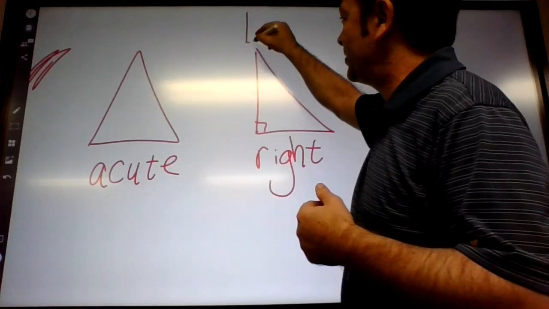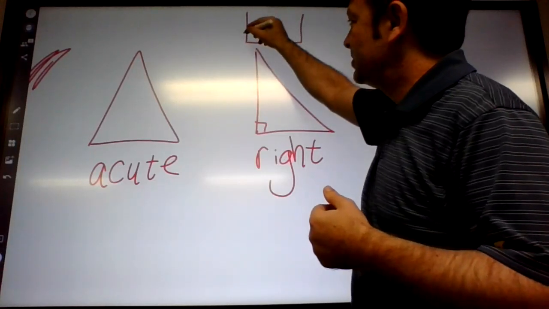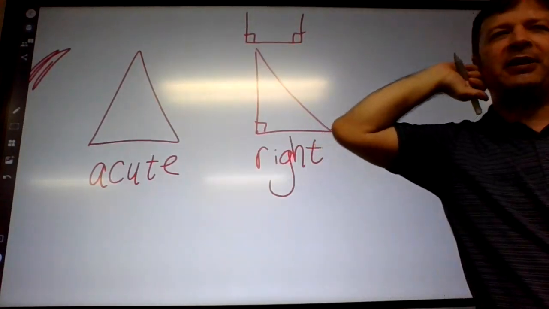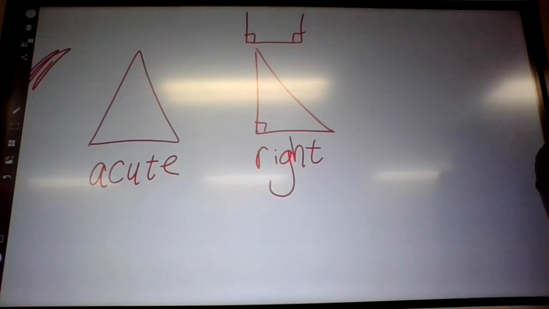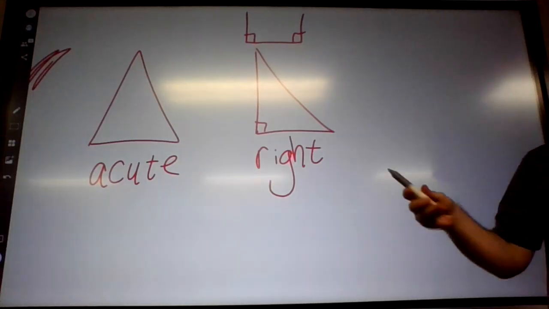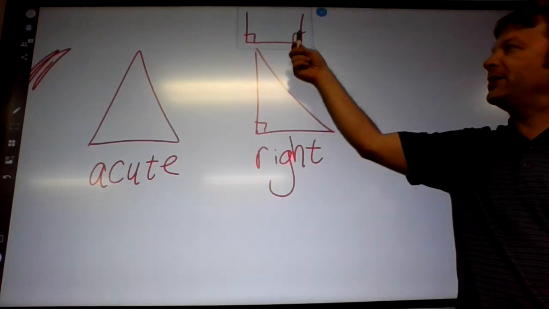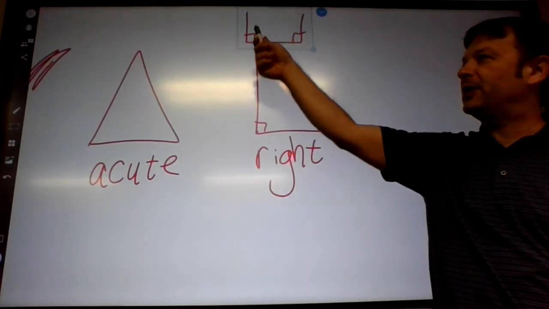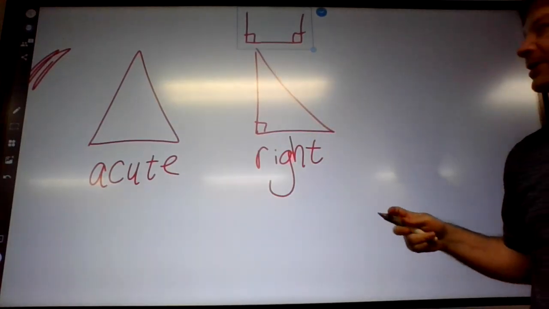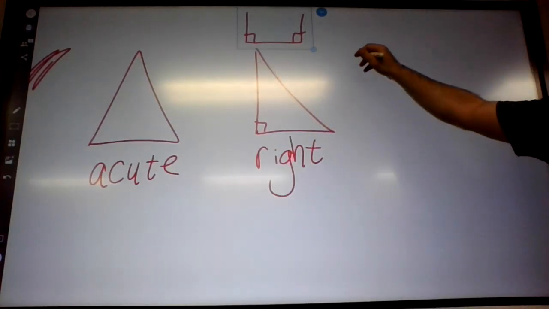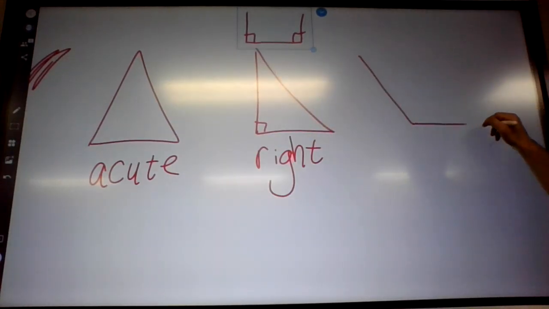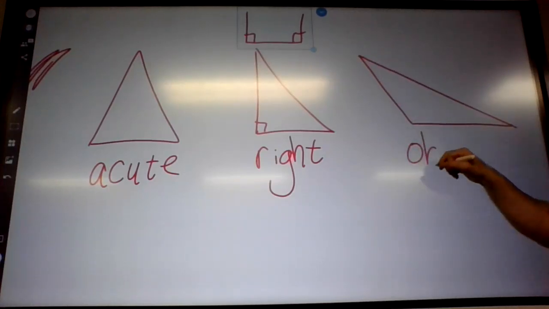Is it possible for a triangle to have two right angles? No. What do the angles in a triangle have to add up to? 180. So if you have two 90-degree angles, that doesn't leave anything for the third. It's impossible to make a triangle with two right angles. Okay. And what's the third triangle based on the angles? Obtuse. If it has one obtuse angle,